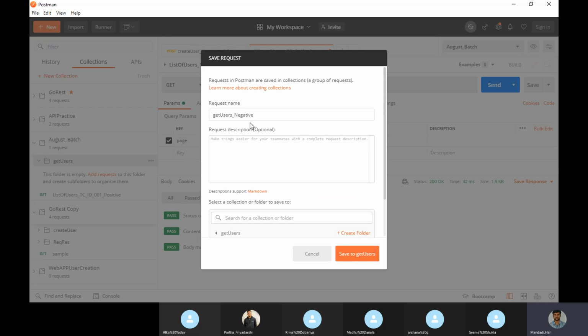You can ask me queries if you have. Under get users only I wanted to create this, so save it in the folder. If I want to change, I can change it. I can create a folder and save from other.